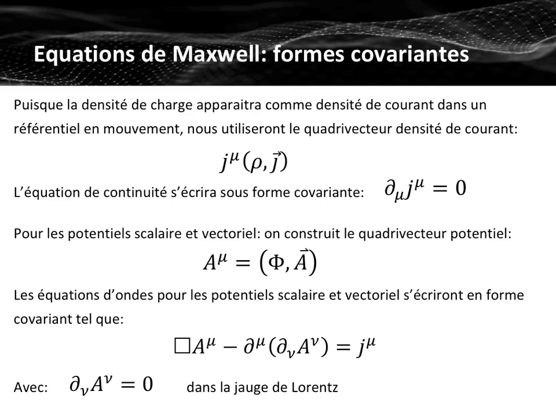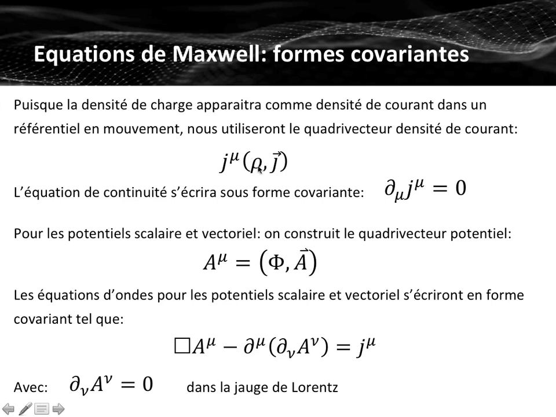To study these Lorentz transformations of charge density and current densities, we have defined the 4-vector current density J mu, which has a temporal or time component,